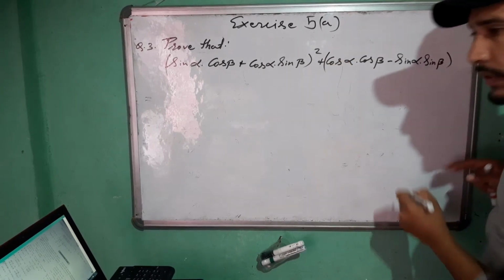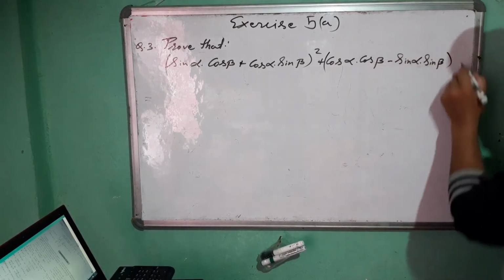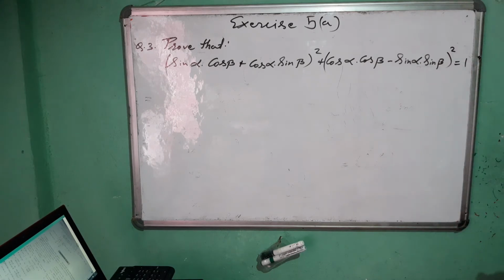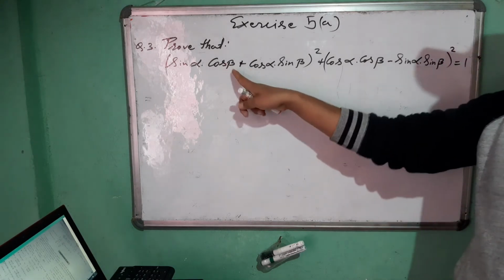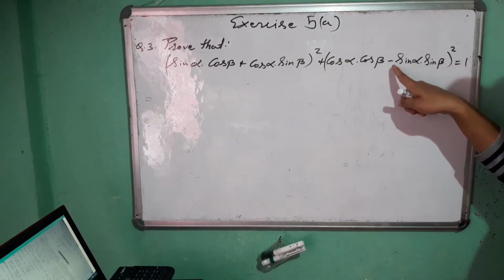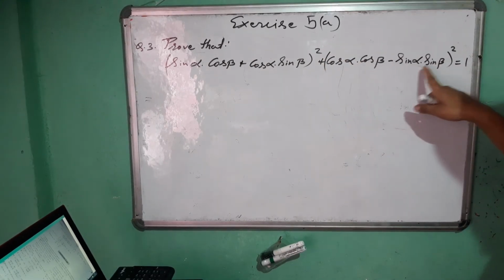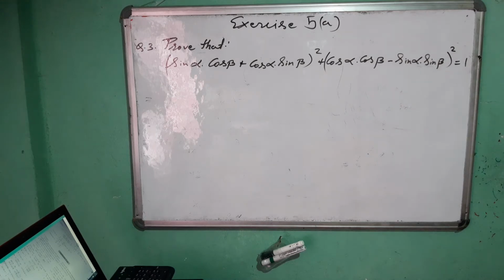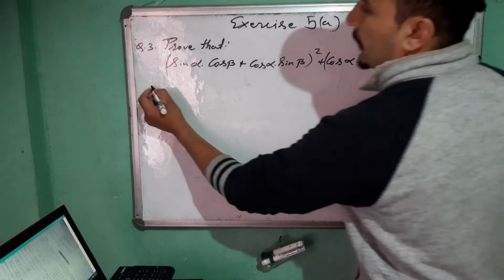This one square is equal to 1. You have to prove this: (sin alpha cos beta + cos alpha sin beta) whole square plus (cos alpha cos beta − sin alpha sin beta) whole square equals 1. You have to prove this. Okay, from the left hand side